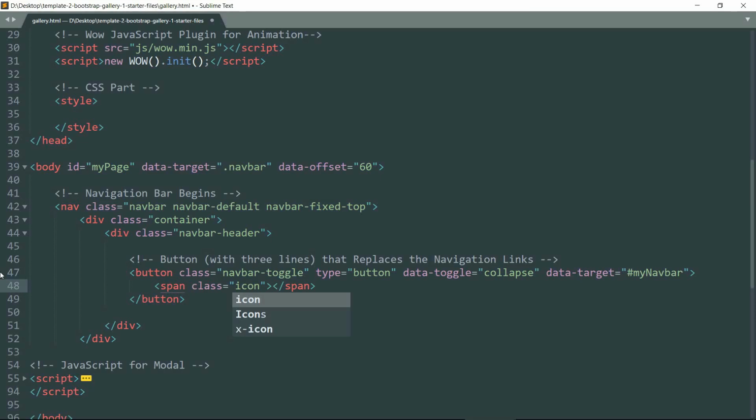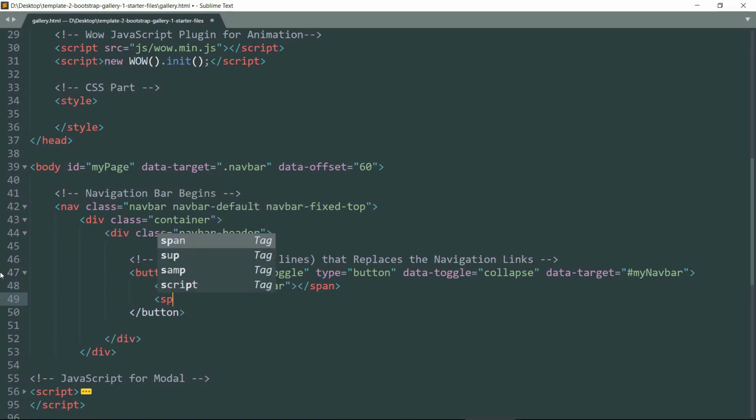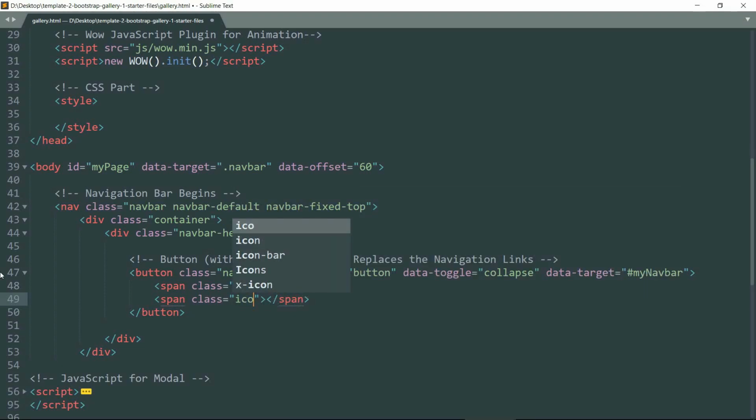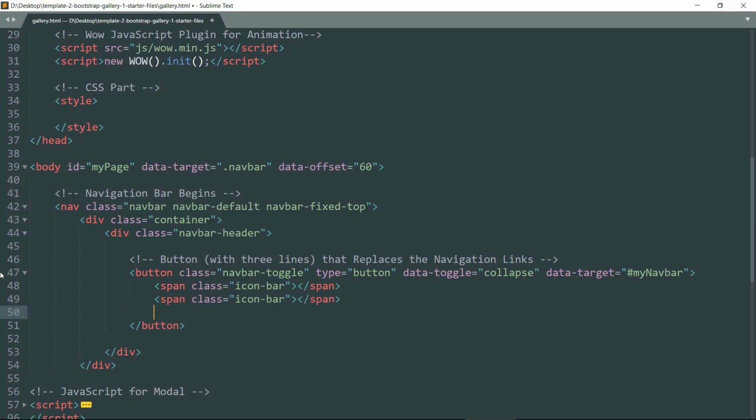This creates a line in the button. Create another span tag with class icon hyphen bar. This creates the second line in the button. Then drop down and create the third line span tag with class icon hyphen bar. Then let's save this and drop down